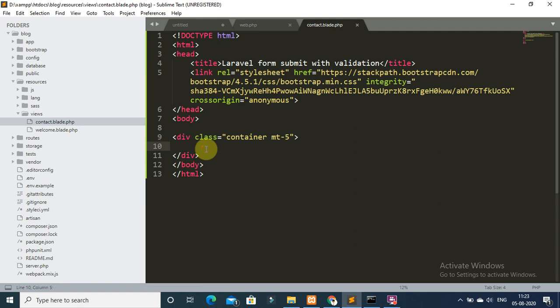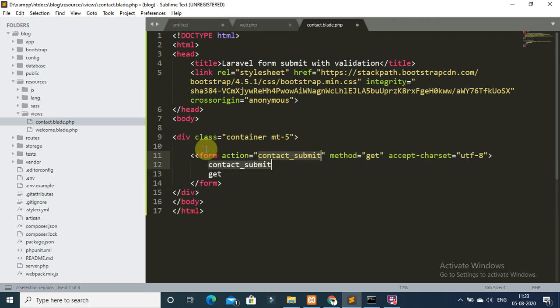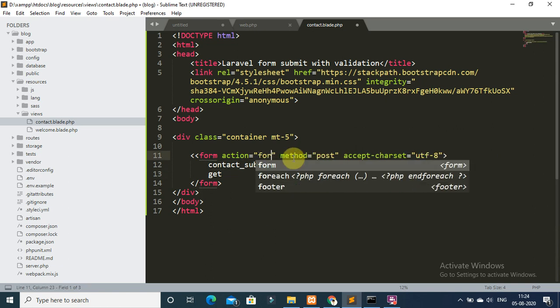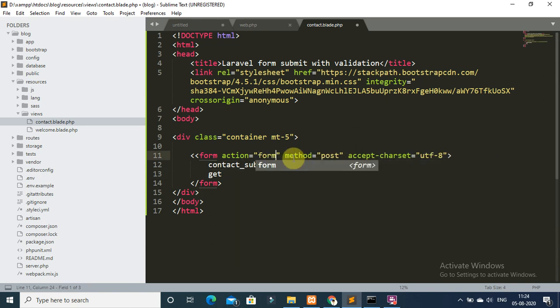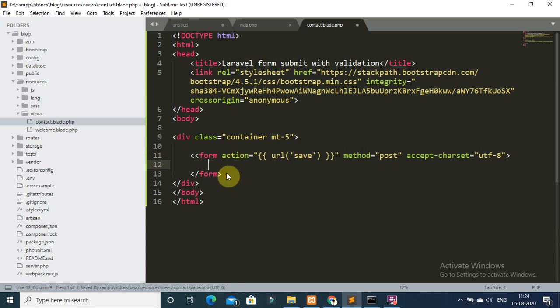Then create a form and add method post and action form URL, save, and add the CSRF token here.